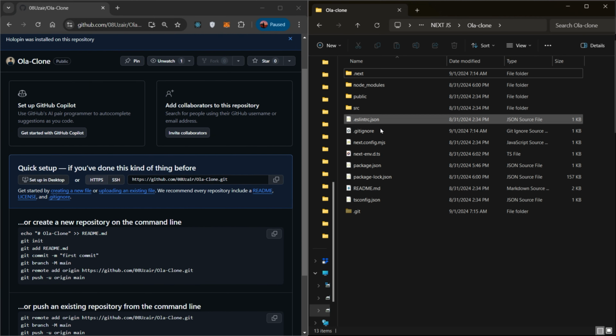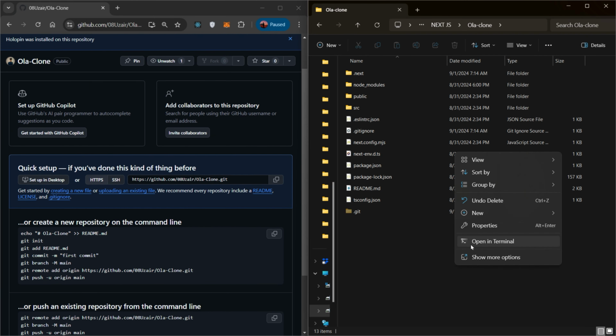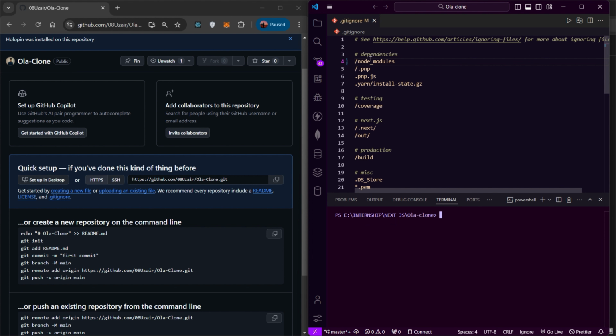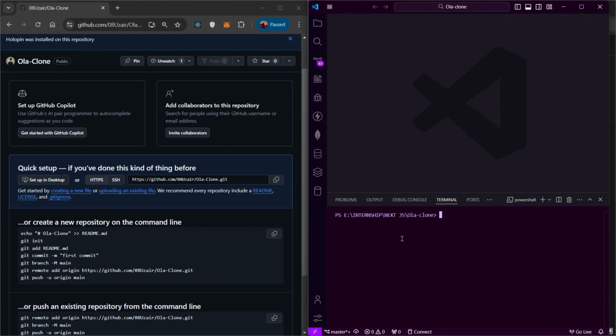Now we have to open the file in our VS Code. I will open it in the VS Code. Here you can see that in the git ignore the node modules are not present. So let's start it. First we will write git init,